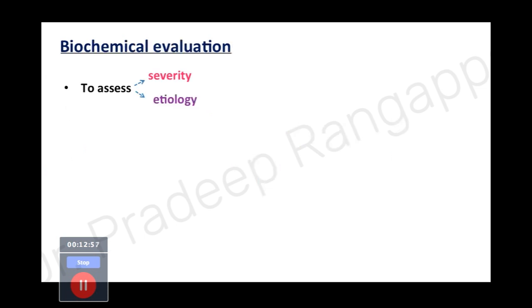So now, the patient having developed AKI, how do we go about assessing the AKI? We need to assess, first, the etiology of AKI, and then we need to ascertain the severity of AKI. The important way to go about it is urine examination, which becomes very important to determine the cause of acute kidney injury. When we look into urine, we need to see whether there is any cast formation within